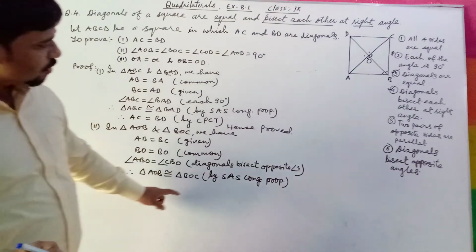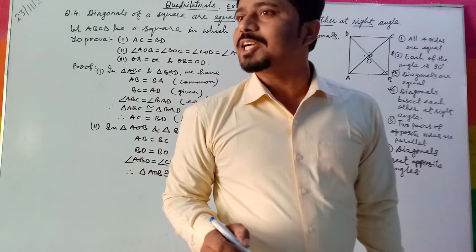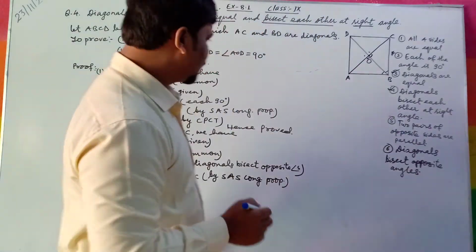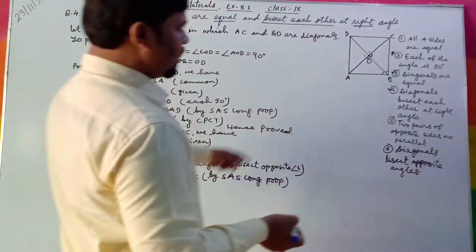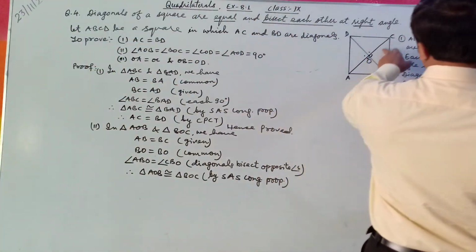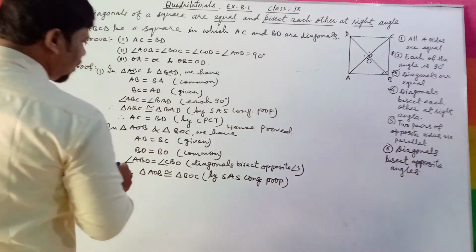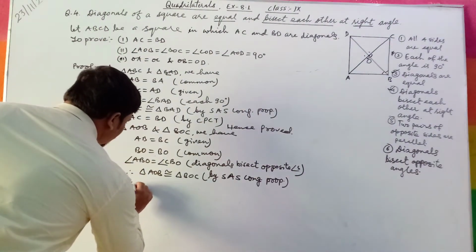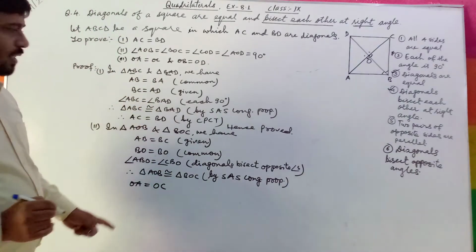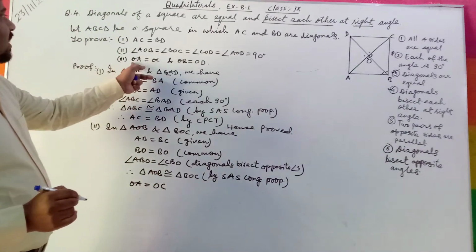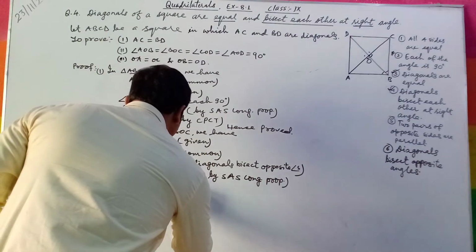Now the two triangles are congruent. Then corresponding sides will be equal. The remaining parts will be equal. The remaining part is OA equal to OC. Yes? OA equal to OC. And this is by